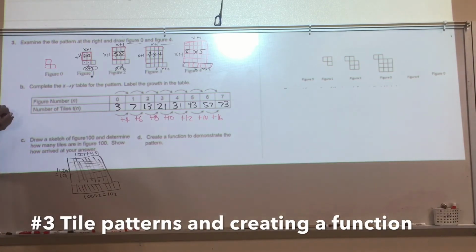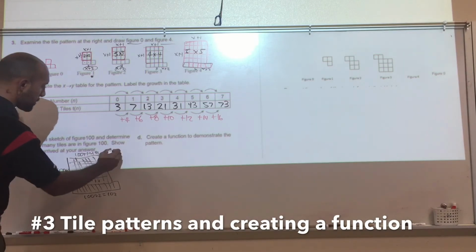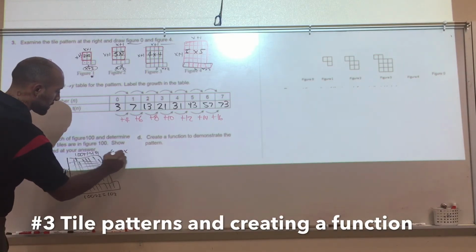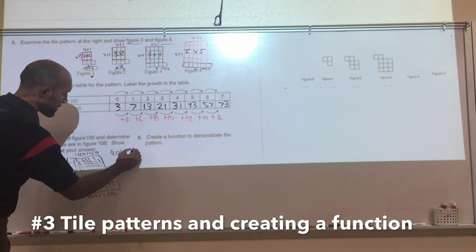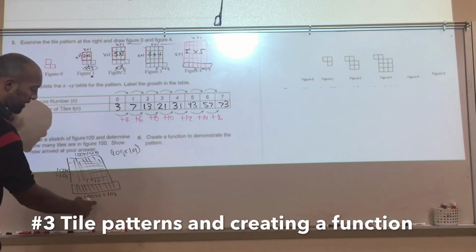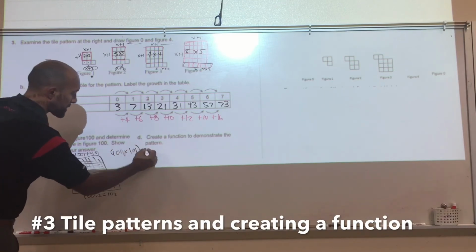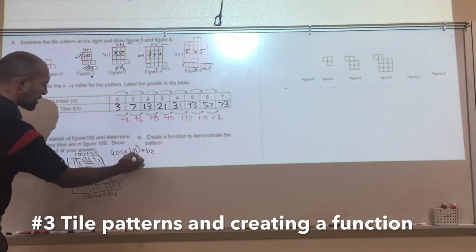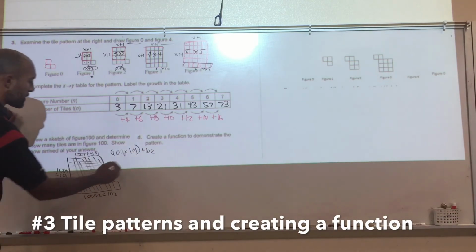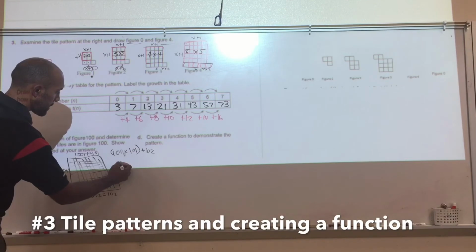All right, so now to figure out how many of them. How many did I get? Well, it's 100 by 101. So 101 times 101. And then I have to add the ones on the bottom, so plus 102. So 101 times 101, that's going to be,